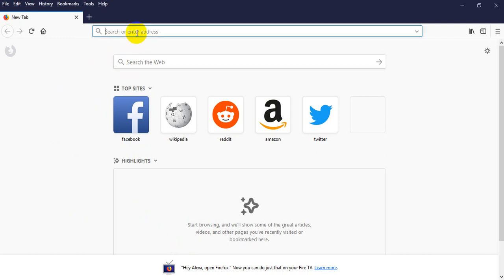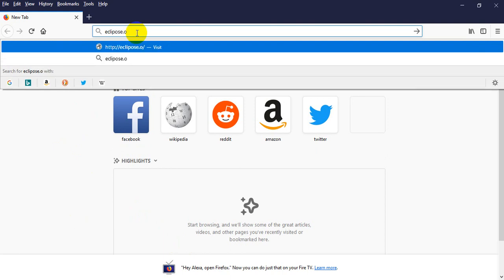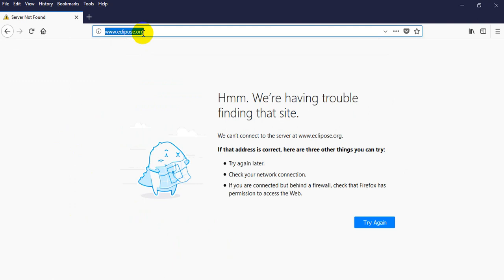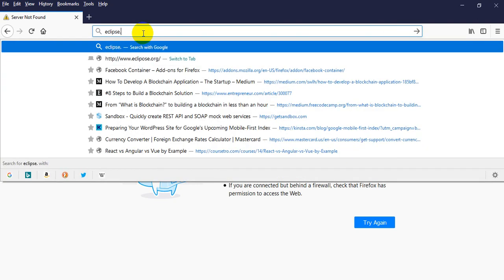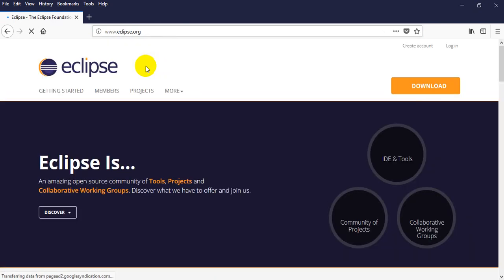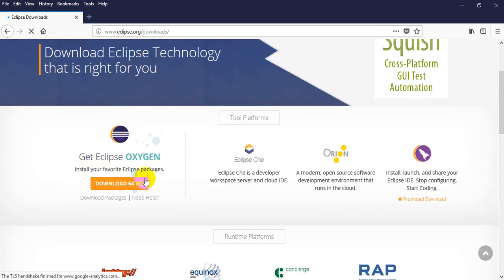Go to eclipse.org. Sorry, I have a typo here. Eclipse.org. This is the official website of Eclipse. Click on download, and this is the download page. I'm not selecting this 64-bit version because I will use the 32-bit version. So, download packages,